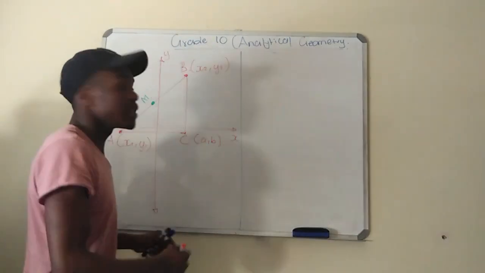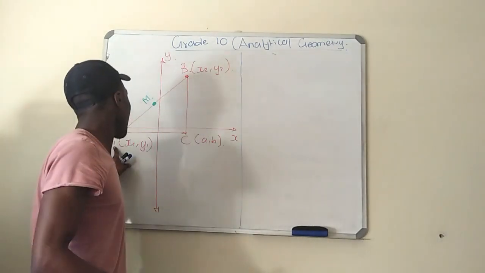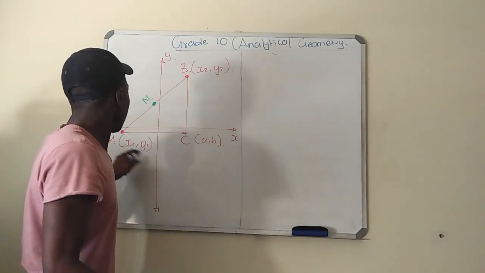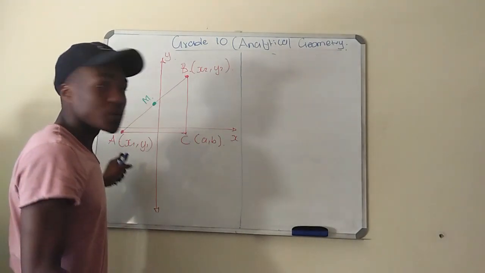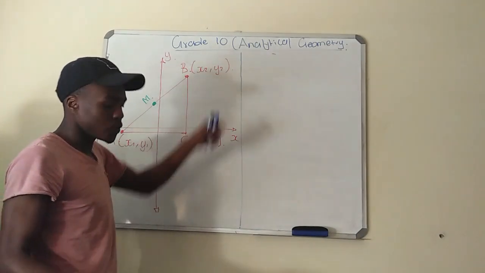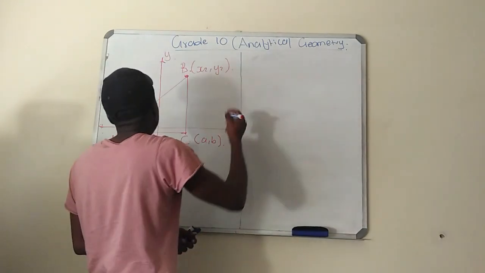Let's take these 2 points A and B and find the distance between them. A is x1, y1 and B is x2, y2. According to the distance formula, it says that